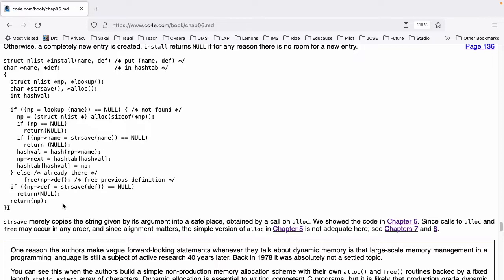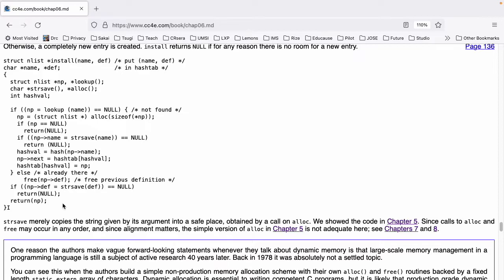That's the string part of the pound define. if ((np->def = strsave(def)) == NULL) return(NULL); return(np); }